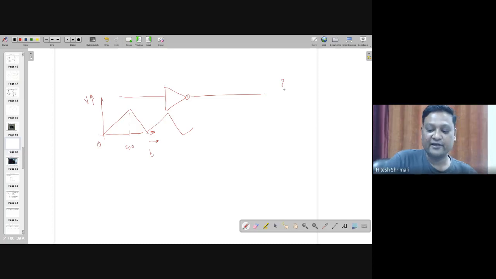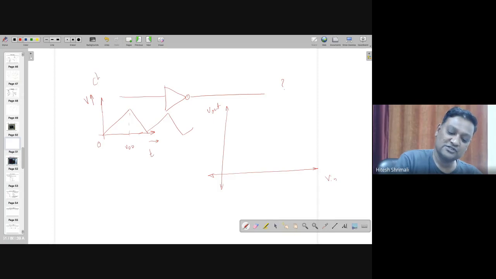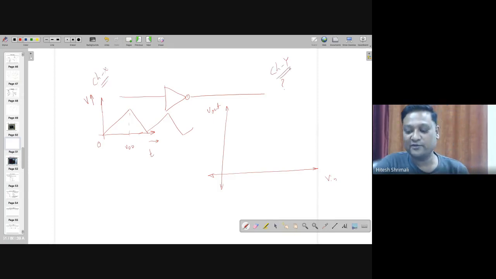How does it look like? And then you have to see V out with respect to V in, meaning in the XY mode. So this is channel X, this is channel Y, right? So channel Y is going to give you such kind of behavior. But note that you could have thought, why not some other input, right? You could have thought of giving a sine wave, but a sine wave has some problem, right?